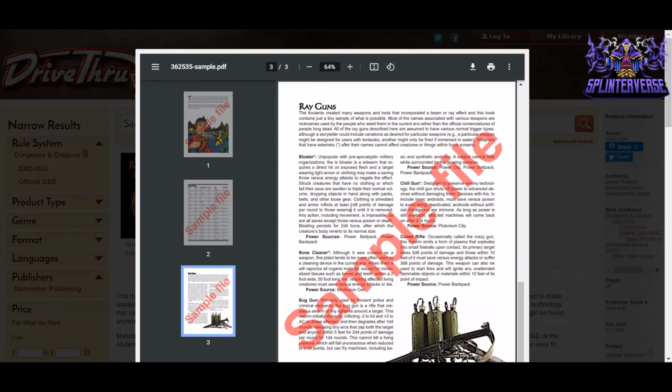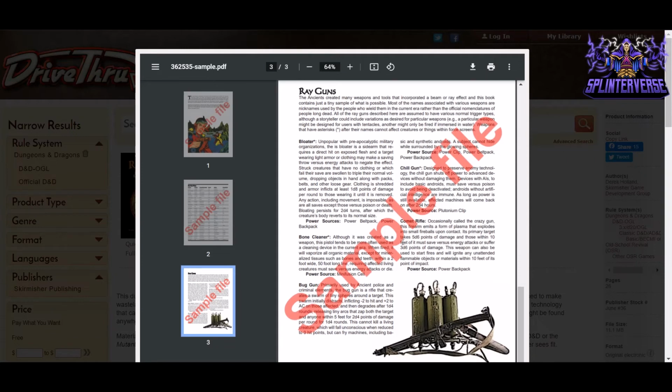Okay, very cool. And then they've got chill guns, comet rifles, bug guns, bloaters. So, fun names. If you're looking to create a campaign, maybe you could even theme it like those little serials, like Flash Gordon, and have like chapter 1, da da da da, make music of it,